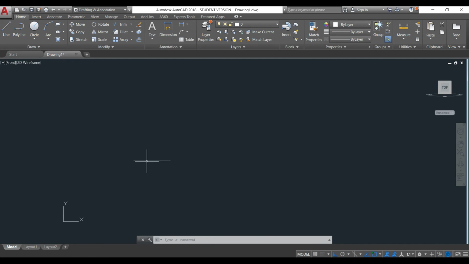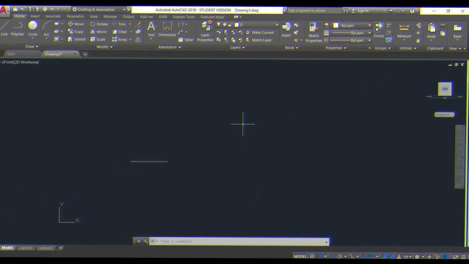Now next point is to select an object or drawing. To select anything, all you need to do is just click on it and that object will be selected. But if you have a lot of objects in your drawing, then to select you can use the windows. Click at any point and let go of your cursor. Then move your mouse to the right side. Then you can see this blue solid window. Everything which is inside this window will be selected.